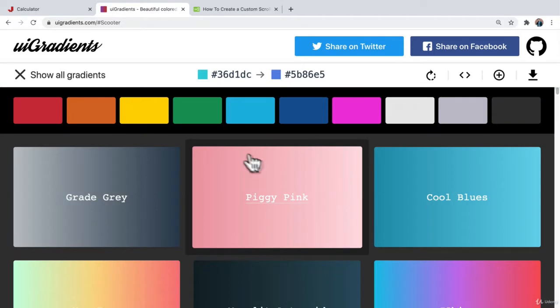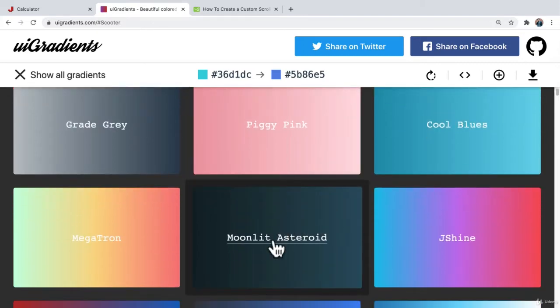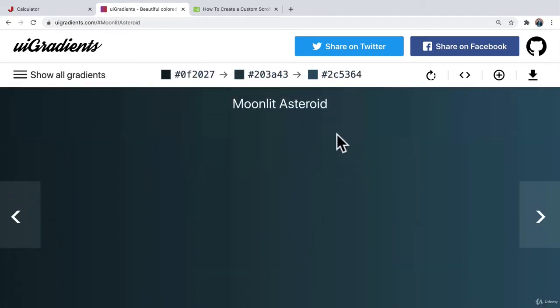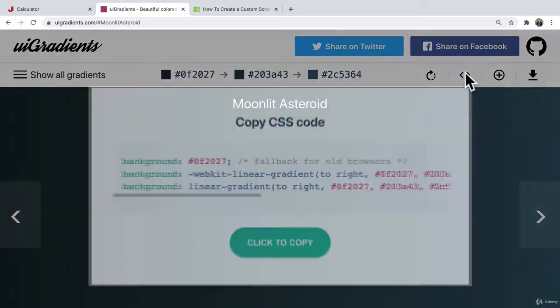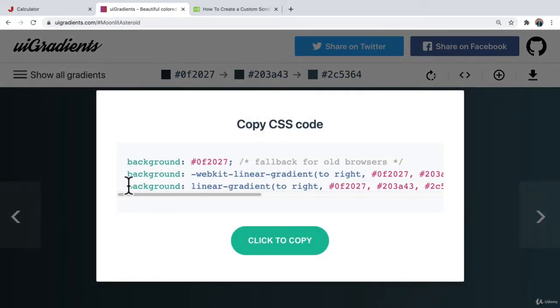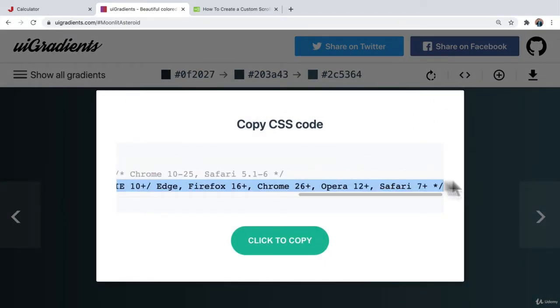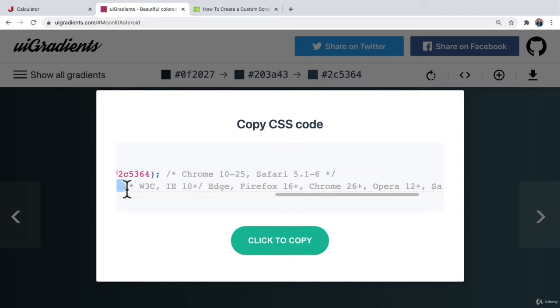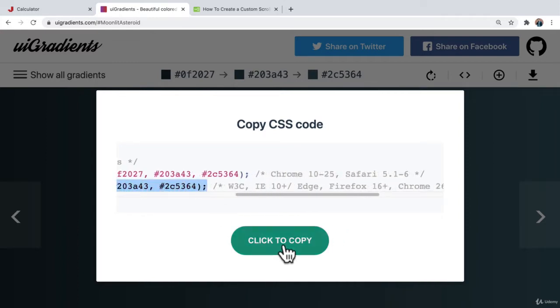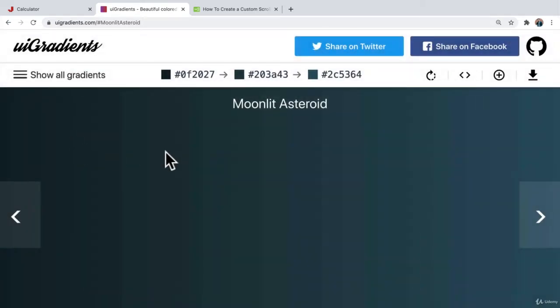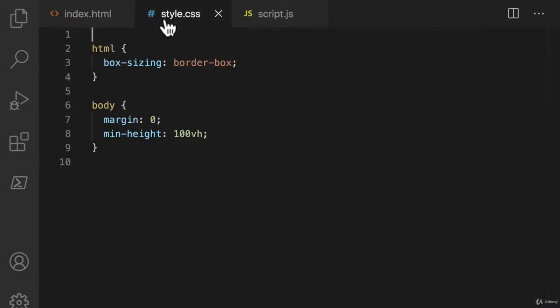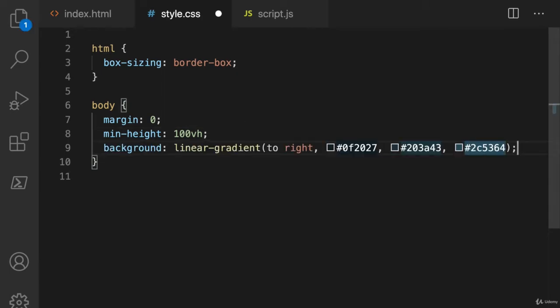If I click on this, you can see that there are a lot of different options, and I can even filter them by colors. I'm just going to pick this one here that I like. If we click on the Get CSS button, I'm just going to copy this part here. I don't need the commented part. And if we jump back to our code, into our CSS, into our body, we can paste that in there